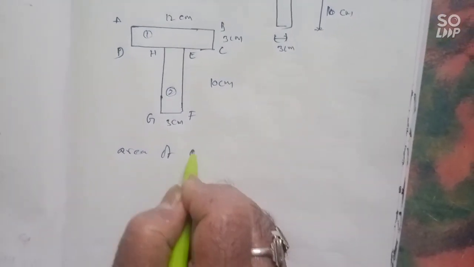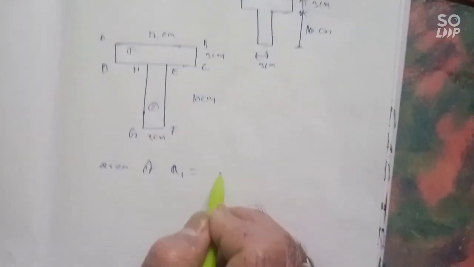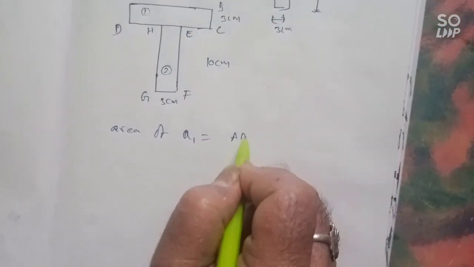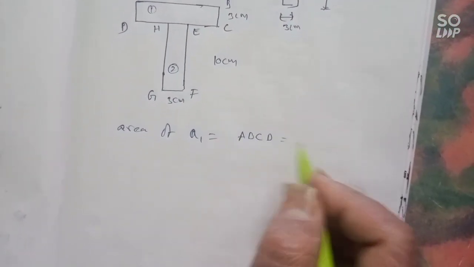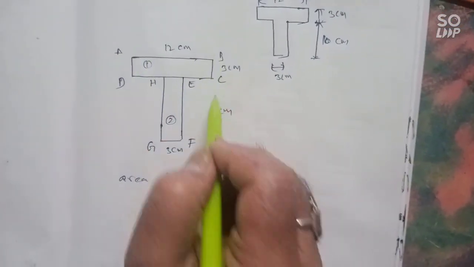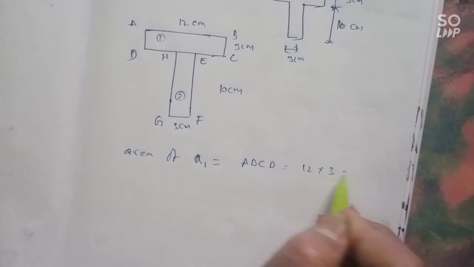The area of the first rectangle A1 is the area of ABCD, that is 12 into 3,